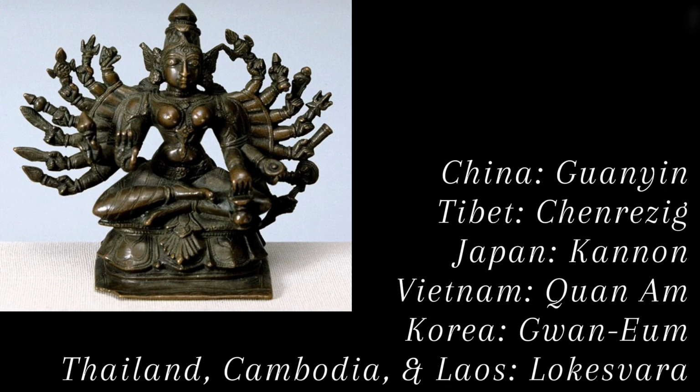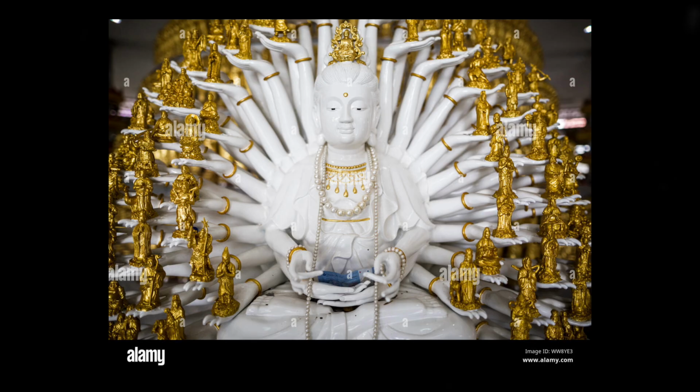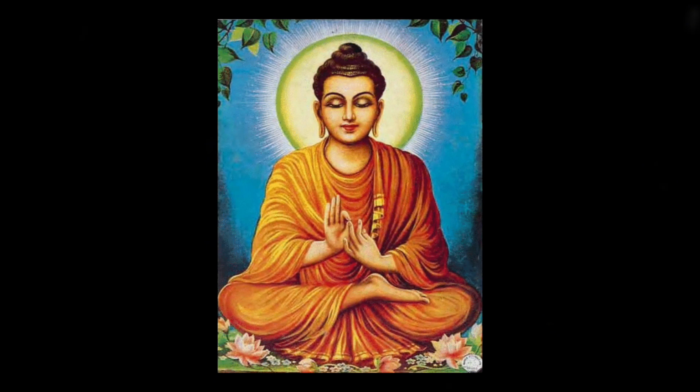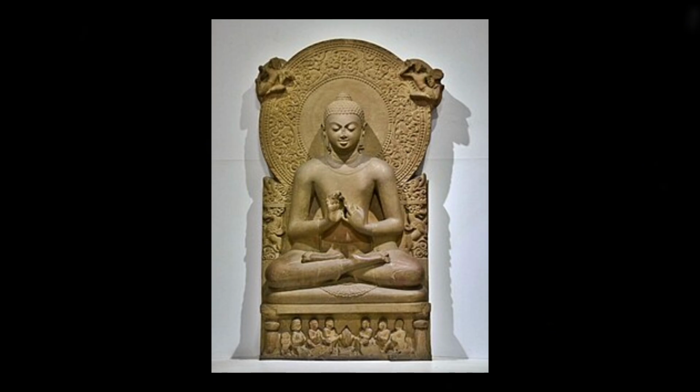Avalokiteshvara has many names in various countries, but throughout all is known as a being that is the manifestation of the self-born, eternal Buddha, Amitabha. He is said to guard the world in the time between the departure of the past Buddha, Gautama, and the arrival of the future Buddha, Maitreya.